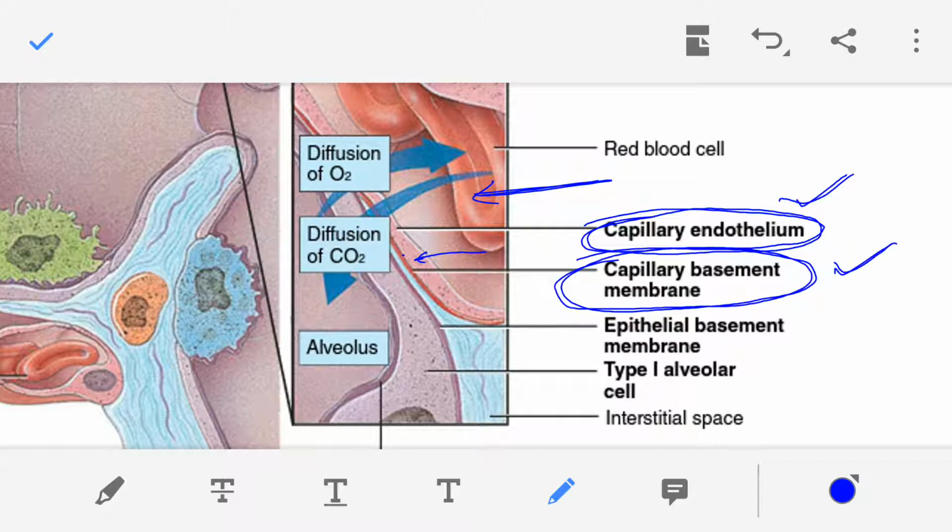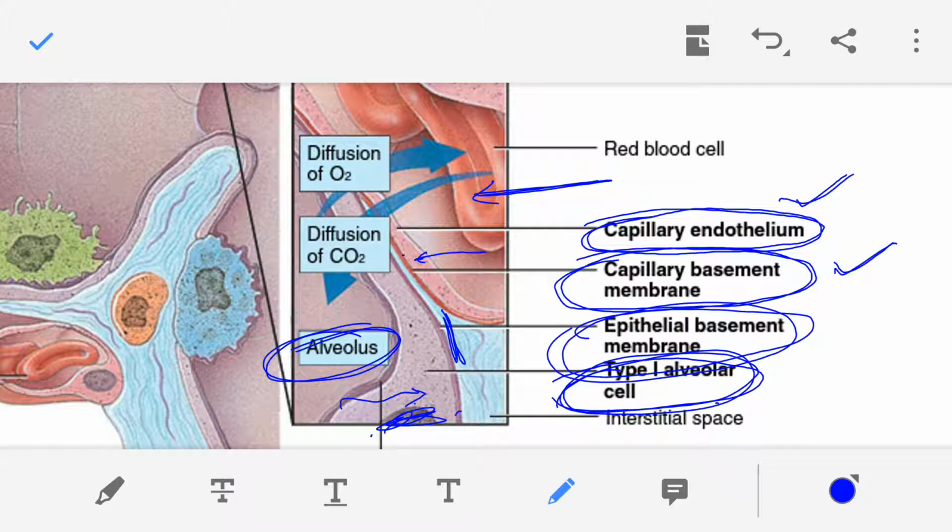Then on the alveolus side, in the wall of the alveolus you see the type 1 alveolar cell. Here you can see the nucleus of the type 1 alveolar cell, and underlying it is present